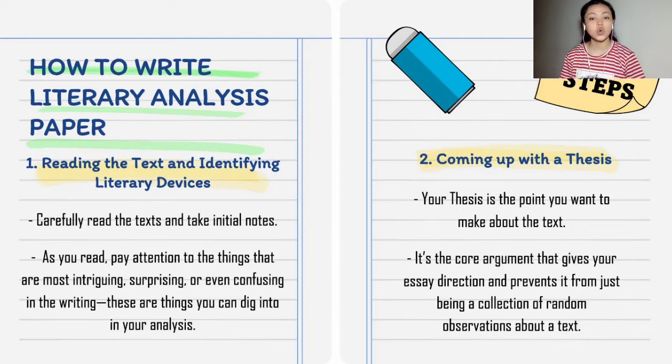So in here, your goal in literary analysis is not simply to explain the events described in the text, but to analyze the writing itself and discuss how the text works on a deeper level. Primarily, you are looking out for literary devices or textual elements that writers use to convey meaning and create effects. If you are comparing and contrasting multiple texts, you can also look for connections between different texts.